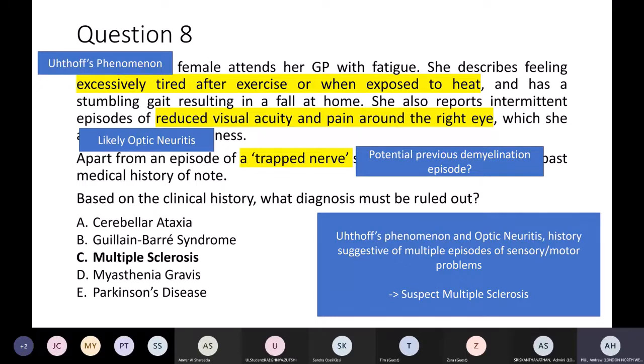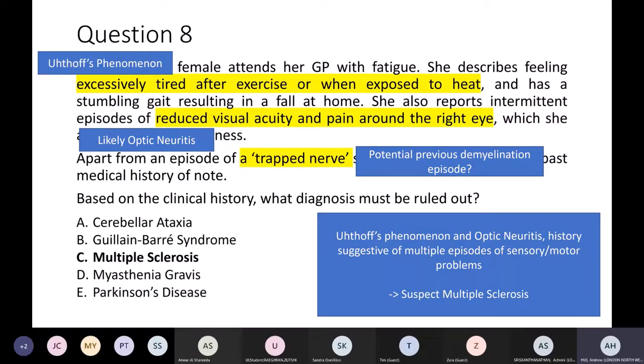I do like this history. We have a presumed optic neuritis of the right eye. We have a roundabout way of describing Uthoff's phenomenon. And we have a potential previous demyelination episode, which means they could possibly have multiple sclerosis. Again, we wouldn't officially be able to diagnose them with MS based on this history, but it would definitely be